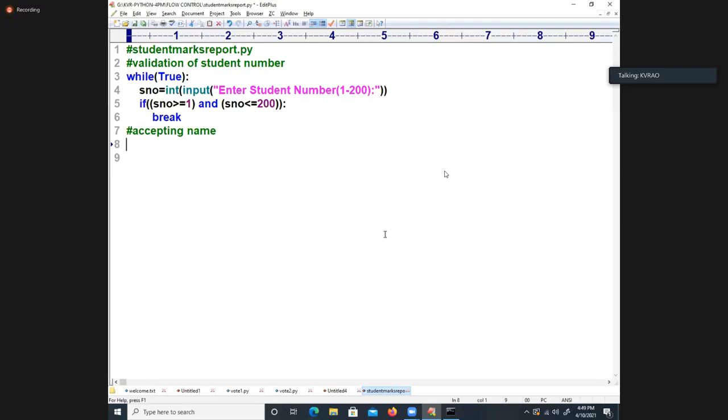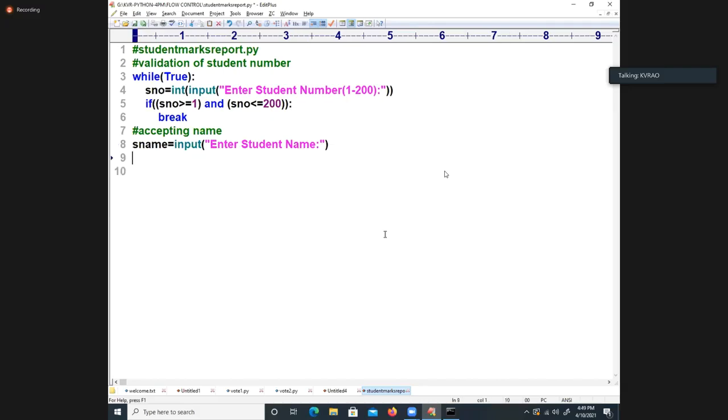I want purely alphabets. So at this point of time, I will just accept it: name is equal to input of enter student name. Yes, I got the name. No validation code is written because we don't know exception handling at this moment.